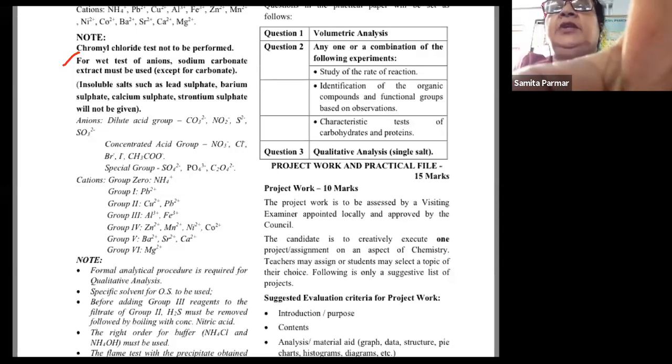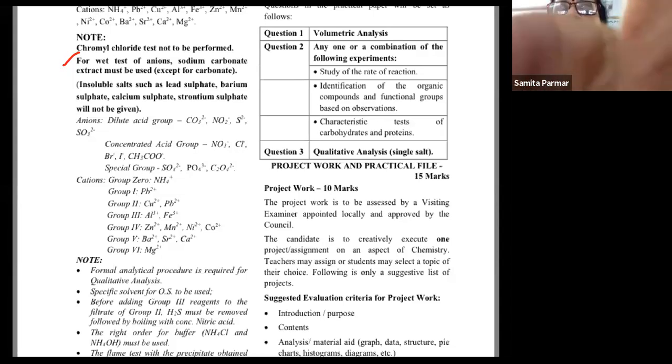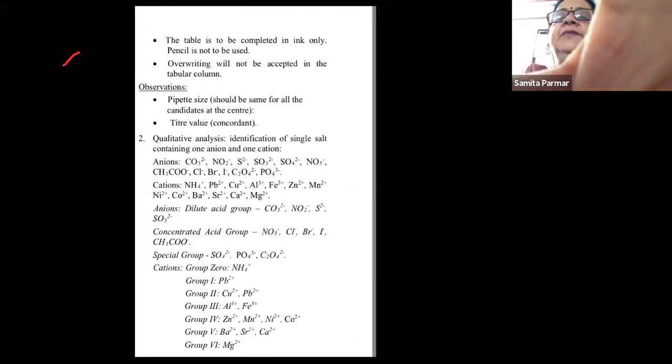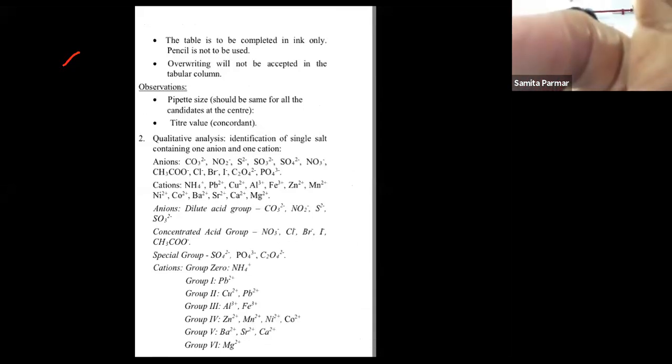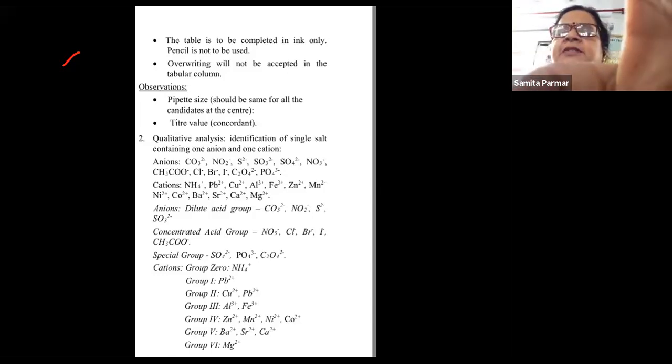All right. Today, we will be doing group 3 and group 5. In group 3, we have aluminium ions. This is for standard 11. For standard 12, you can see, that was only, I think, for ferric ions that you will have to do. From group 3, you have to do only the ferric ions and aluminium ions. Ferrous ions you don't have to do. So we will be doing group 3 and group 5 today. We'll start with the aluminium ions.